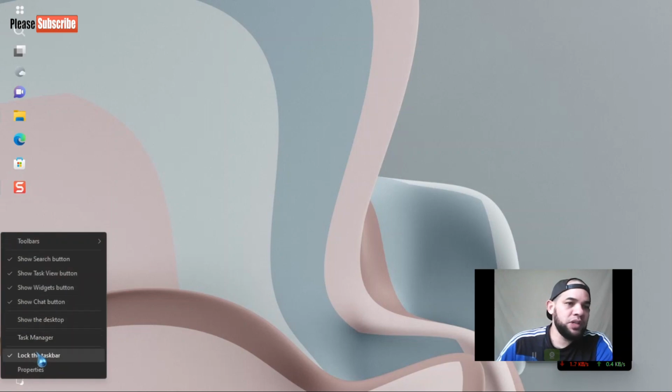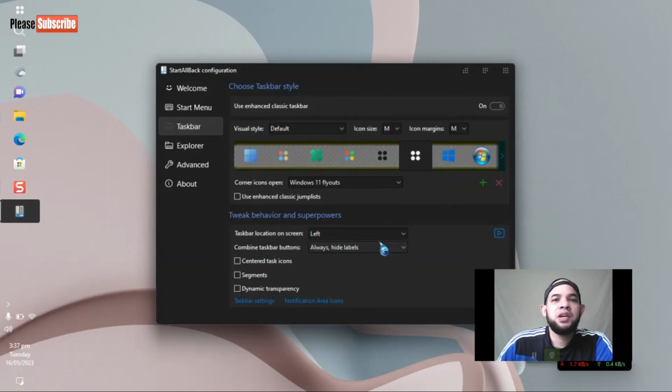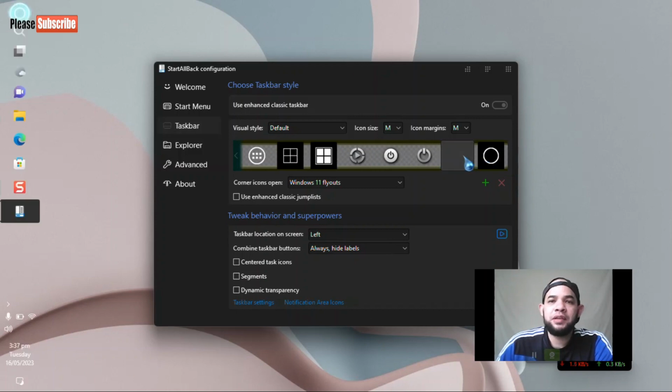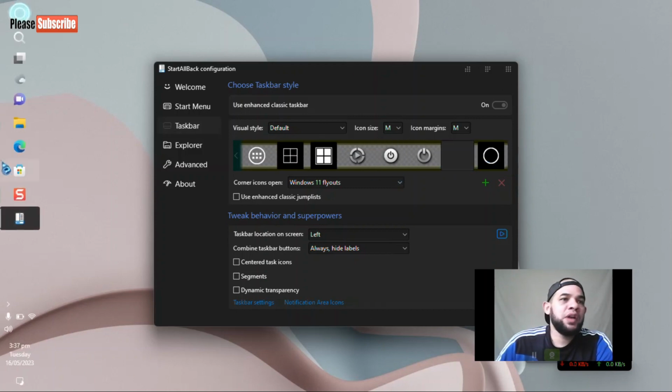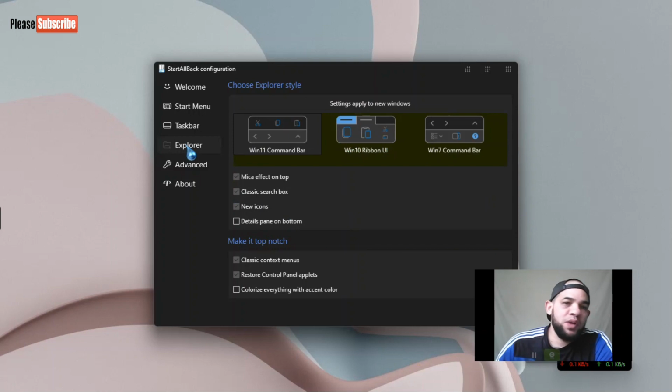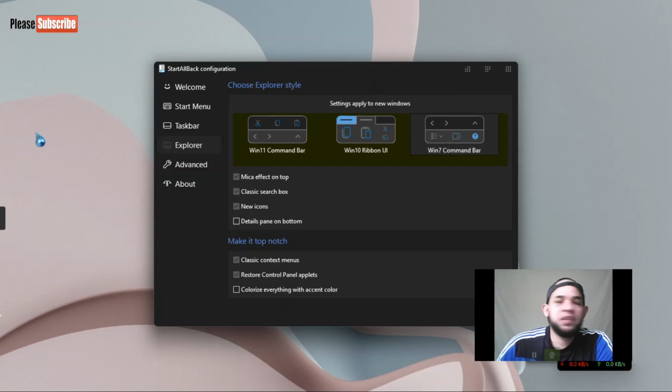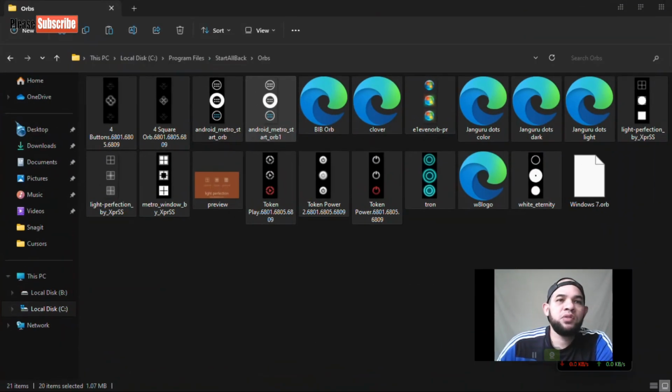Now you should see it when you go to properties. It'll show that you've added some orbs in there, and you can go through all of these orbs and basically pick the ones that you want. So for the time being, I'll just leave it at this one. You can go to Explorer. You can customize all of this how you want it to be. When I click on this one, Windows 7, and go to that,